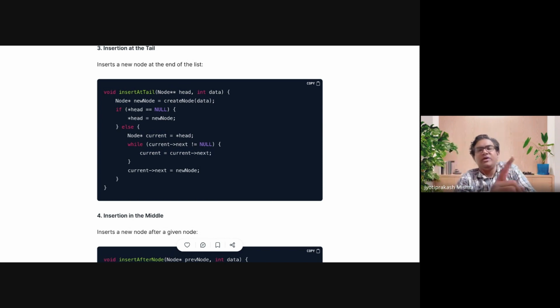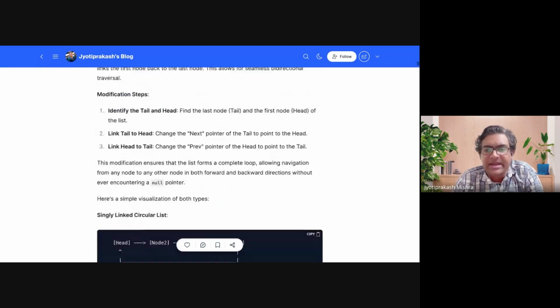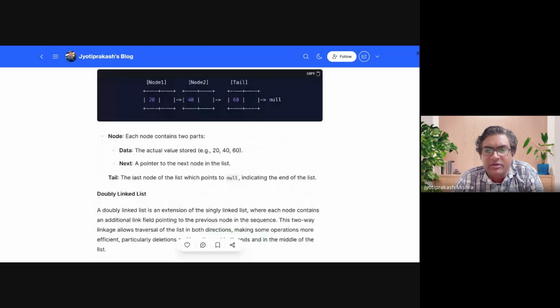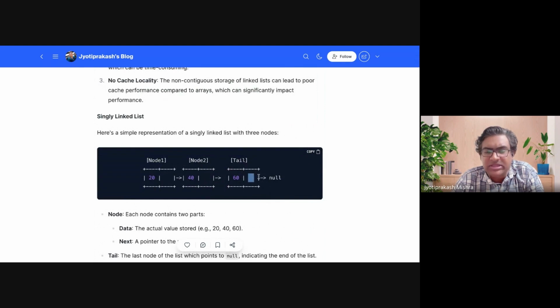ठीक है? तो फिर वो नेक्स्ट को पॉइंट करेंगे, ऊपर चढ़ के चेक करेंगे कि तुम्हारा जो नेक्स्ट है वो नल है क्या, नहीं है, तो चलो और एक आगे बढ़ो, और एक आगे बढ़ो। ऐसे करते करते हम कहां तक पहुंचेंगे? जब तक कि करंट का नेक्स्ट नल नहीं हो जाता, मतलब वो टेल पे ना पहुंच जाते, क्योंकि टेल का जो नेक्स्ट होता है ना वो नल होता है, जैसे कि मैंने यहाँ पे इस डायग्राम पे समझाया हुआ है तुम्हें, ठीक है? जो टेल का जो नेक्स्ट होता है ना वो हमेशा नल होता है।